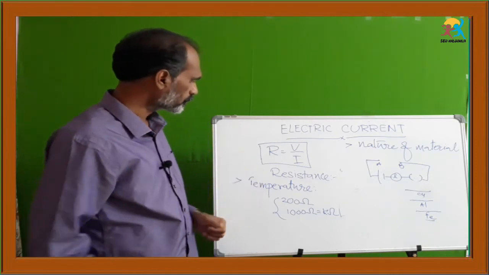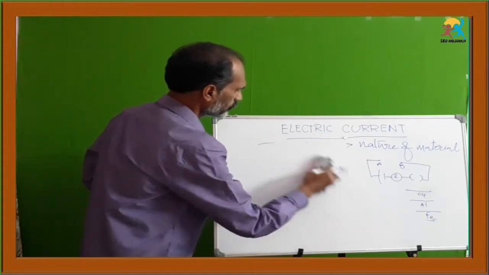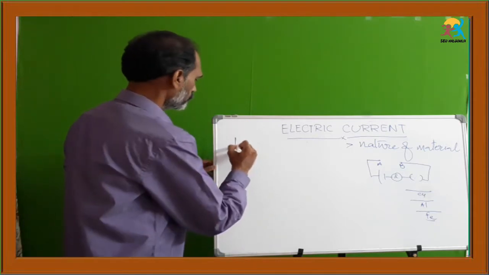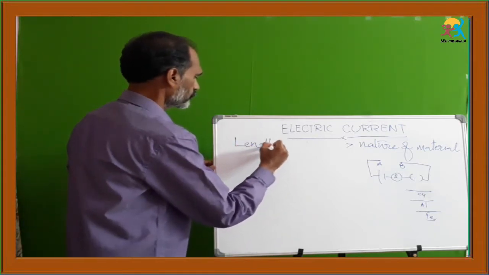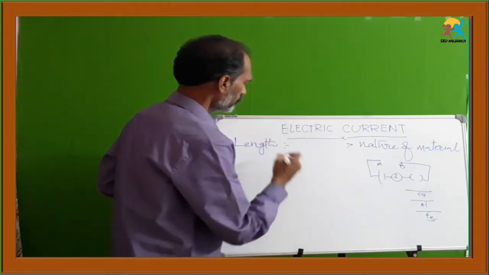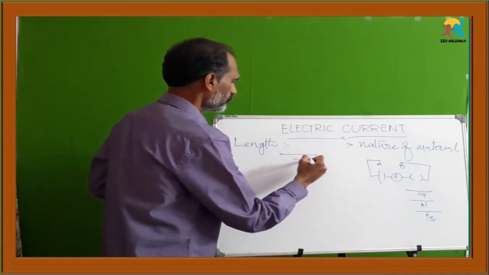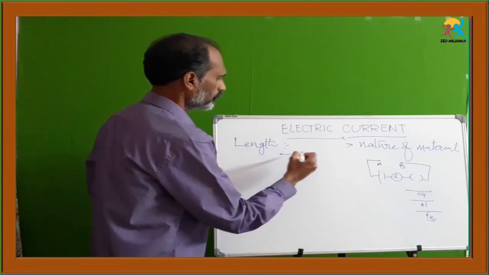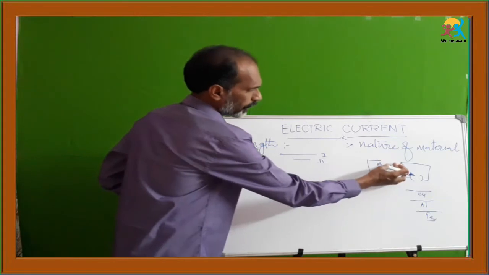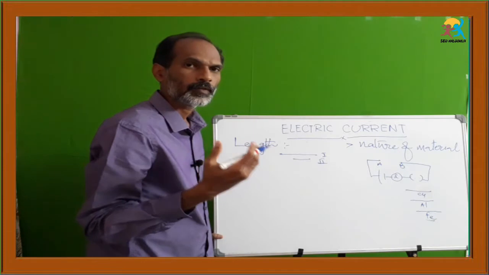And the third influential characteristic is the length of the conductor. Okay, take the same figure, but with the same material and different lengths. This is the first one and this is the second one. If the gap AB is filled with the second material, it shows one value.